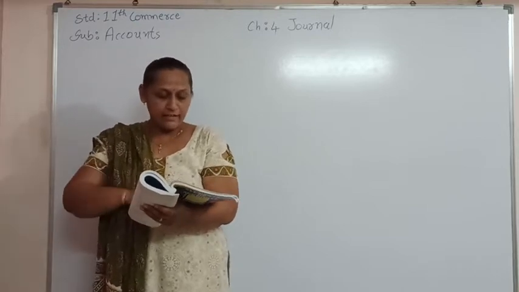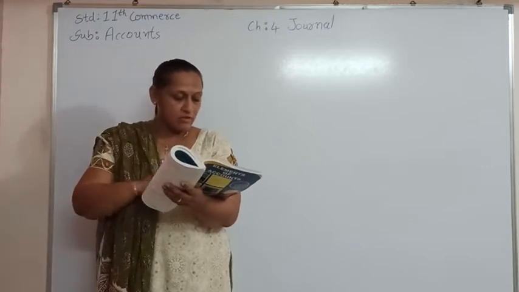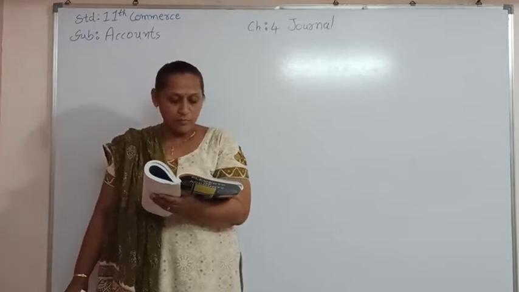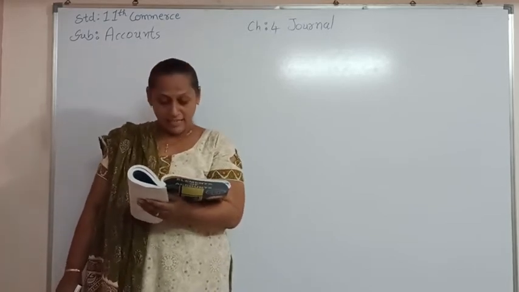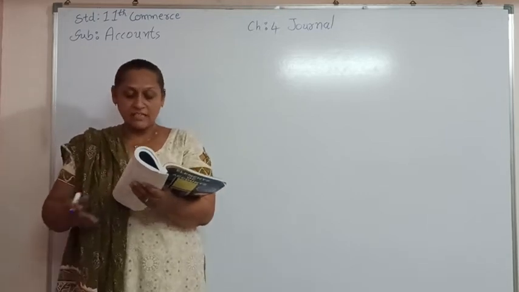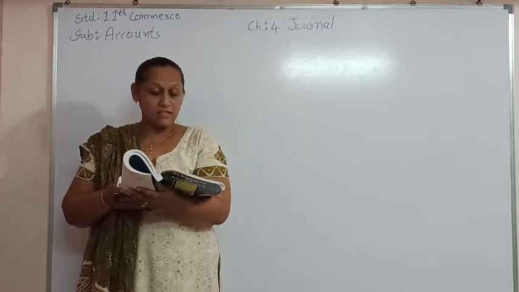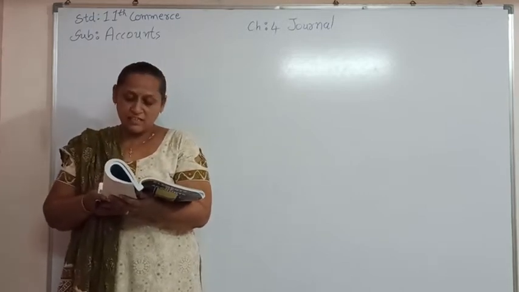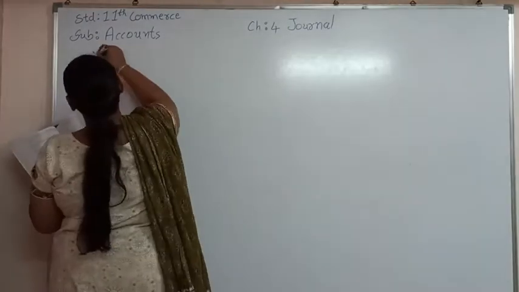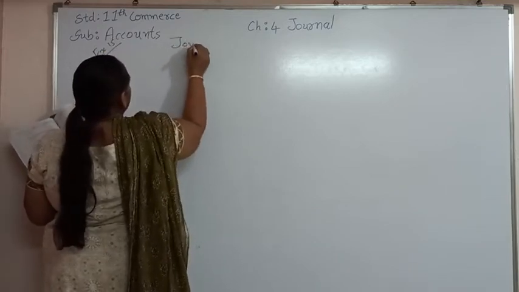Write the journal entry from the following transactions in the books of Sri Vipul Patel of Vadodara. Applicable GST to the business of Sri Vipul Patel is CGST 9%, SGST also 9%, and IGST 18%. GST is not included for the following transactions. So add the applicable GST and pass the journal entry. So here we are going to prepare the journal entry. Example number 15. Journal entry.